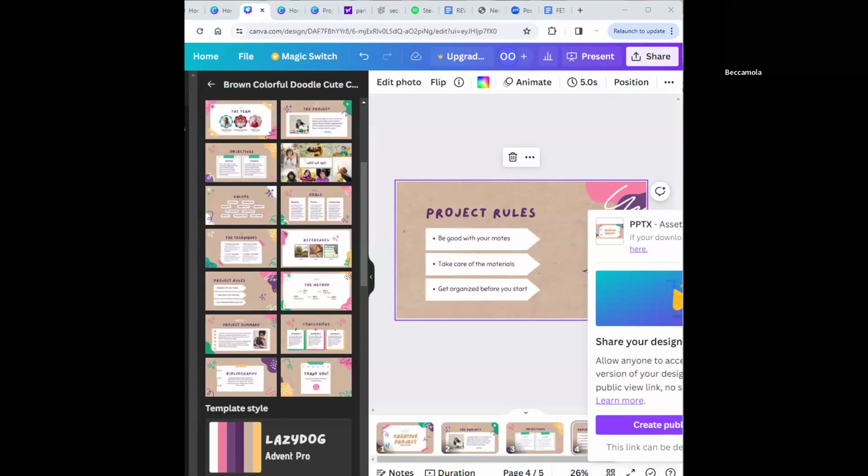Are you able to see my screen showing canva.com? Yes, I can now. Okay. So we can see Canva. So let's go to canva.com